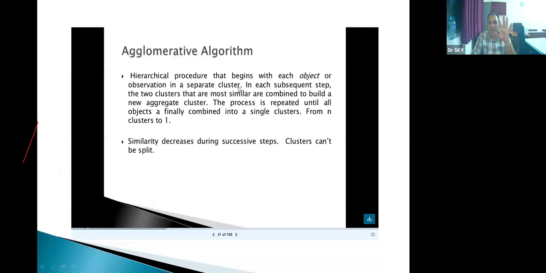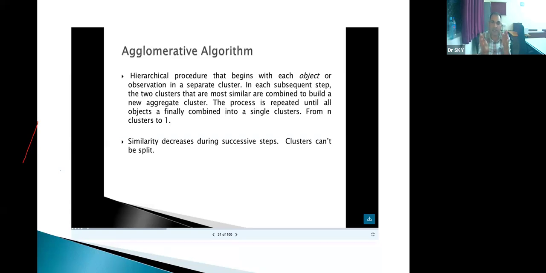It means if we have, say, 200 observations or objects, then each single object will make a cluster, and then we combine the two clusters on the basis of similarity. So in the agglomerative method we make one cluster from many clusters. So this is a many-to-one type of algorithm, and